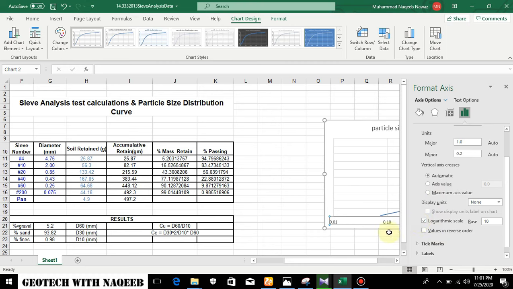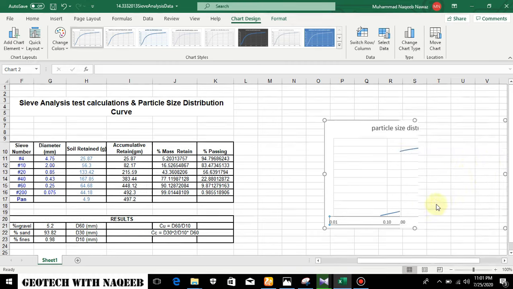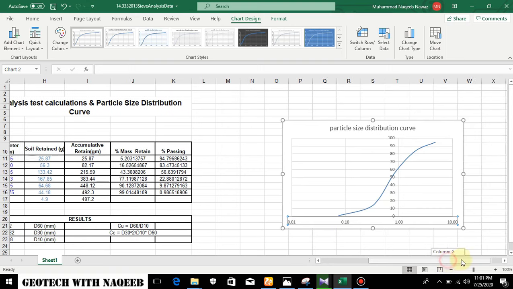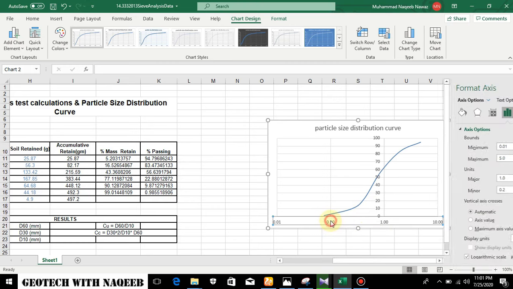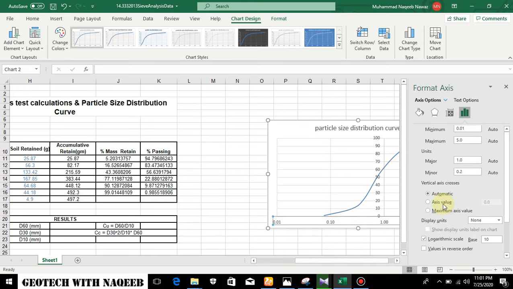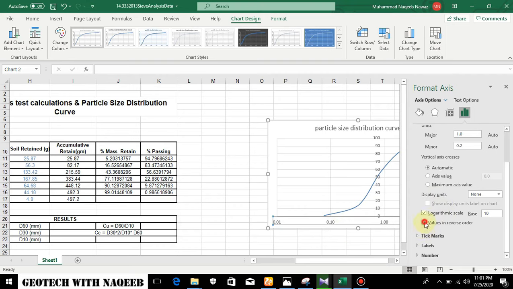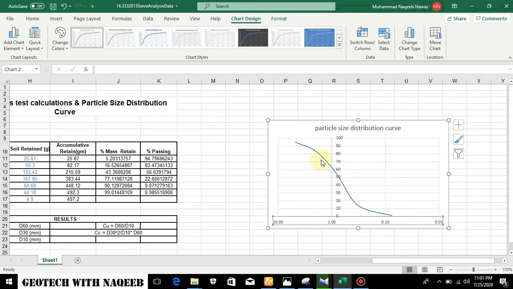Now the next thing is values are in reverse order. You can see this is the graph. How we can change the graph basically. So the next thing is we will convert these values in the reverse order. So we will select this one. So yes, now you can see the graph is plotted, but further changes will have to be